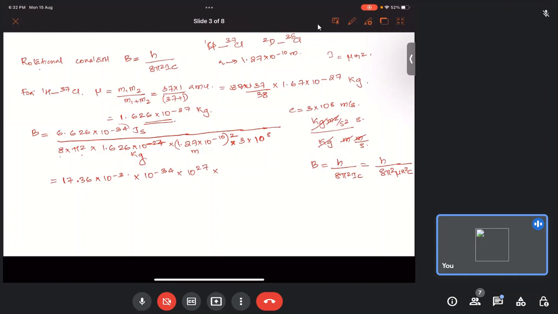And 10 to the power minus 10 square is going to be 10 to the power minus 20. When it comes to the numerator, it will become 10 to the power plus 20, multiplied by 10 to the power minus 8 in the denominator, which will become 10 to the power minus 8 in the numerator. When we calculate for all the power values, it will become